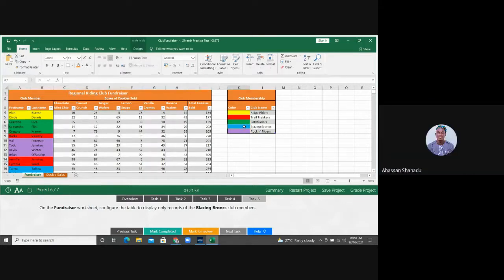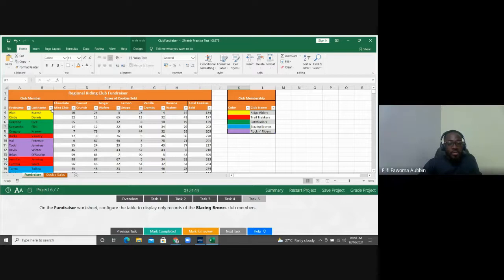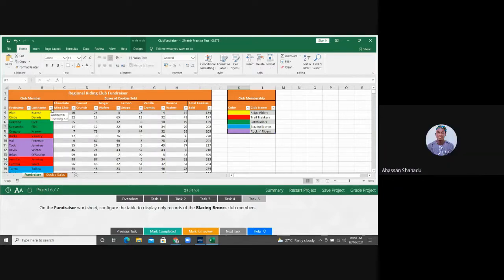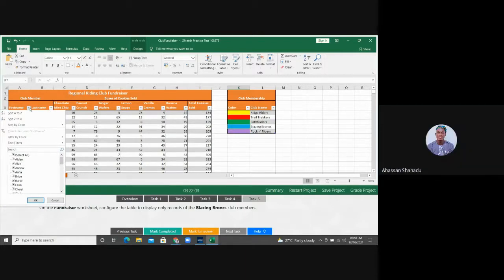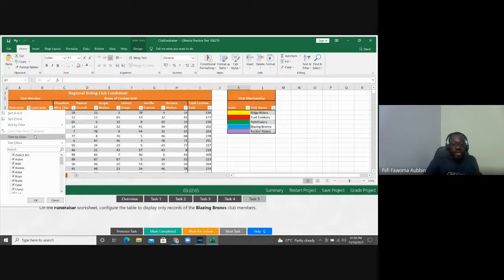Okay. Then we have to go to the first name and the last name column. Where is it, the A column or what is it? I think that's the place that the members are. Okay. Then you click the drop down there. Okay, I've done that. Then you sort by color. Yes, filter by color. Then we select the color for